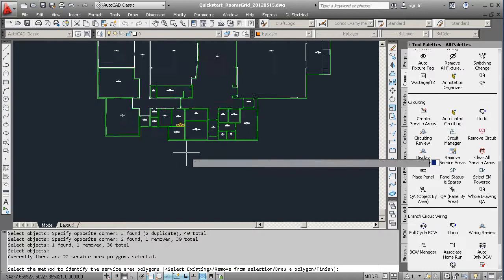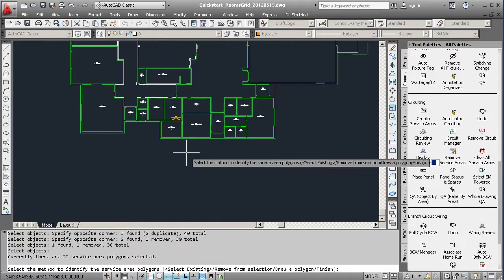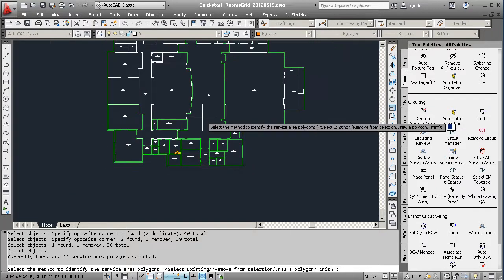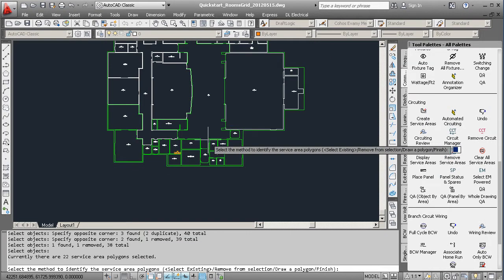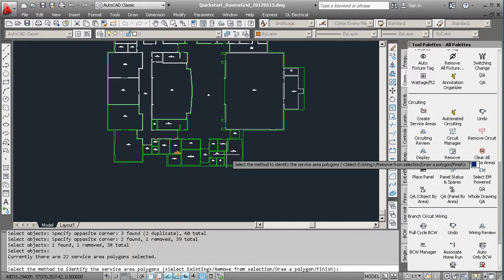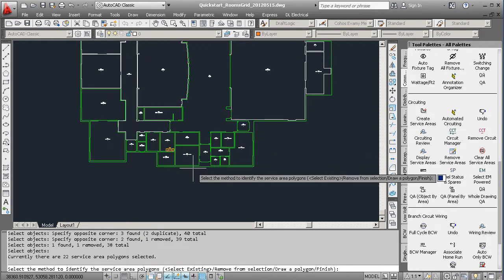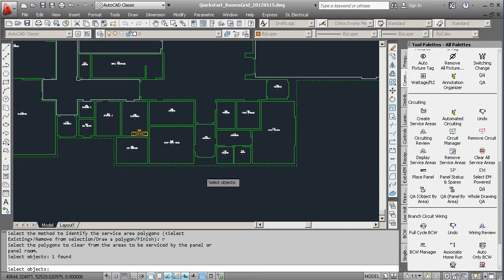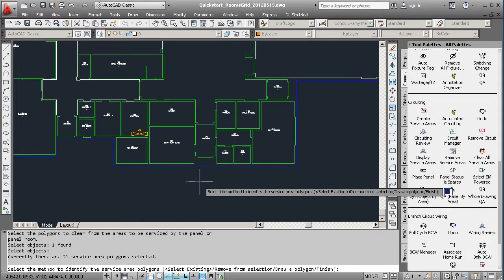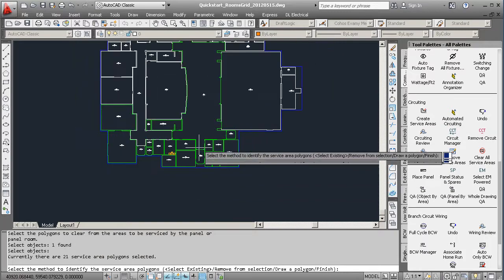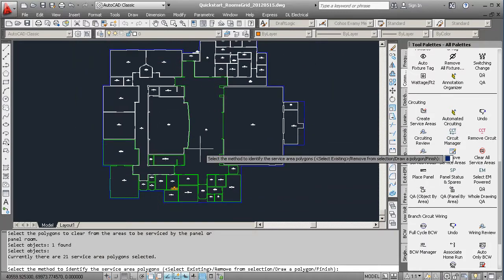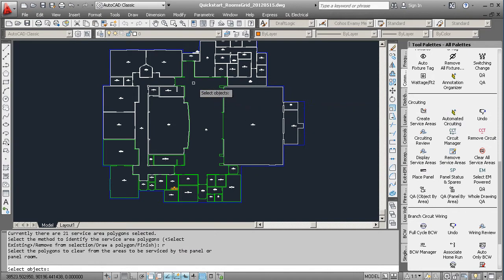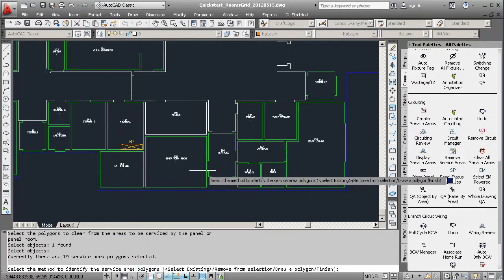Now you see what I've done here is when I did that crossing, I included the floor boundary. Well, I don't want that because it includes the whole floor plan, and for my Other Only, I want to have about 3 or 4 panel rooms. So I need to do R to remove, click that floor boundary, right click, and now it's removed. So the green is just showing what I've selected, and I'm also going to remove this atrium. So now I can finish